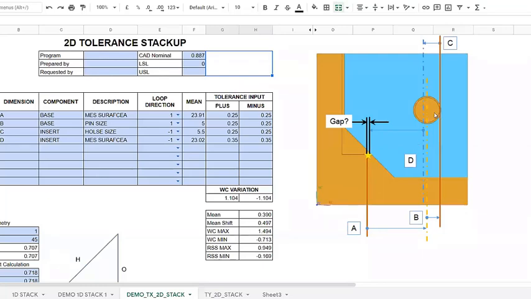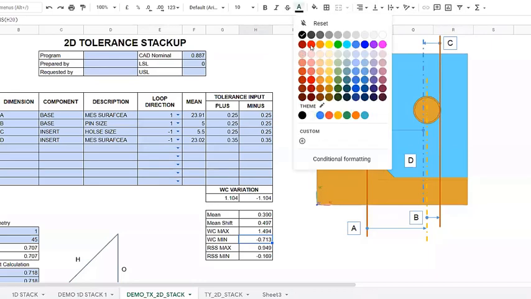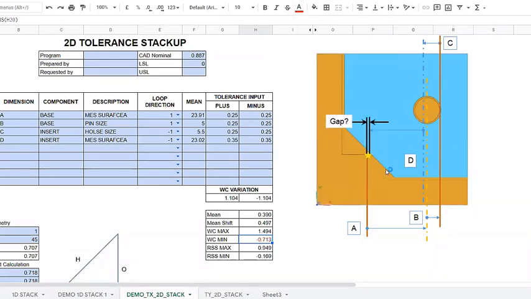That 0.5 is because we shifted the whole part to the left side, so this gap will get reduced in the loop. Our mean is 0.39, and our worst case minimum is something around negative 0.17. So this is an issue. If the part moves only in the horizontal direction, it's going to see an interference of